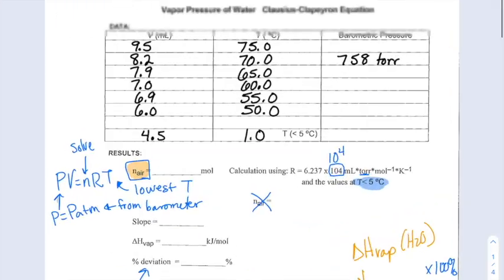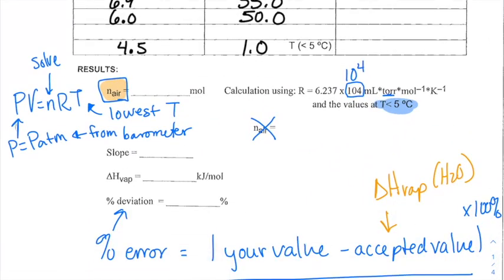All right. So next up, you're going to be crunching out this data in an Excel or another spreadsheet. Google Sheets is free, it's online. So if you don't have Excel, that will work for you. Then you need the slope of your graph. And you are going to find delta H of vaporization for that, and the video takes you through how to